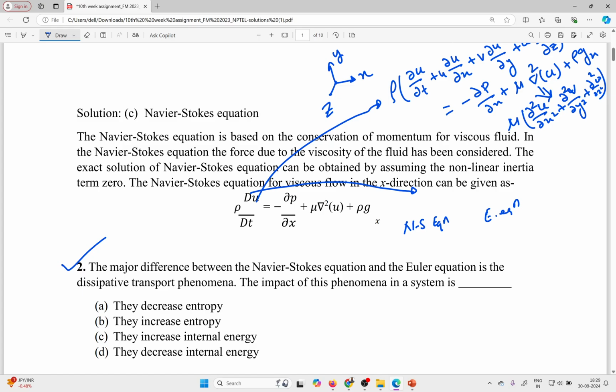The impact of this phenomena, so what are we actually talking about here, if you see the options, entropy and internal energy. What will happen to entropy and internal energy when we solve a particular problem using the Navier-Stokes equation and the Euler equation? So this is the question. Just please think about it. If you do not know about the Navier-Stokes equation and the Euler equation,